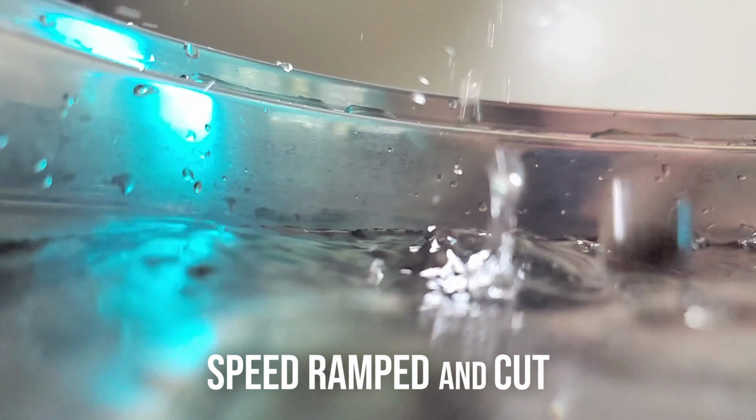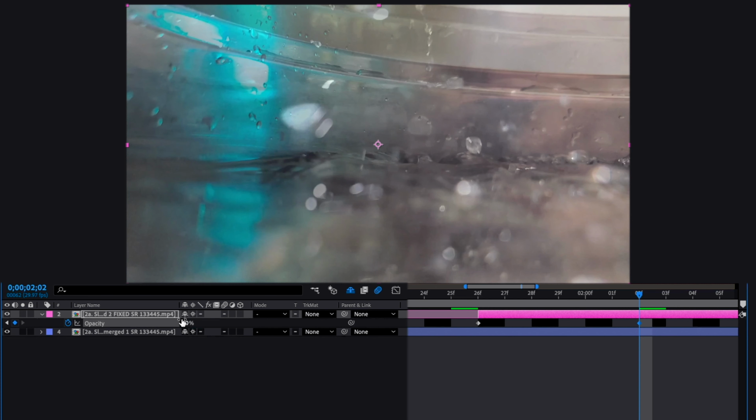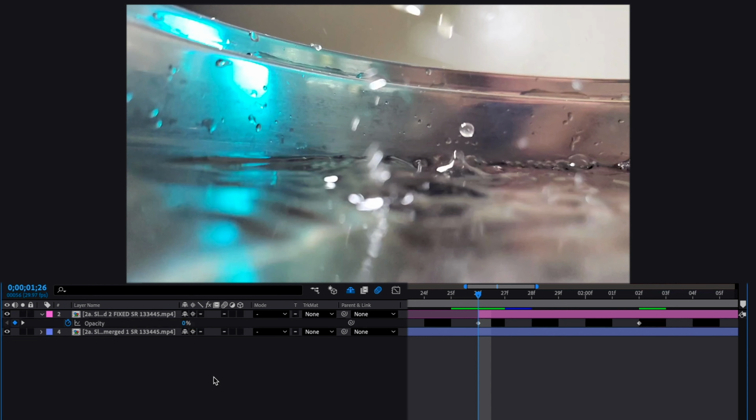For the angle that was inside the bubbling water, I really liked the splashes and then the part where we go underwater. But they were too far apart to speed ramp together, so I made a hard cut and a transition. To match the two shots, I stacked them on top of each other and turned down the opacity of one of them so that I could move it and line it up to exactly the same position as the other one. Then all I did was crossfade the second clip in right at the middle of the transition.